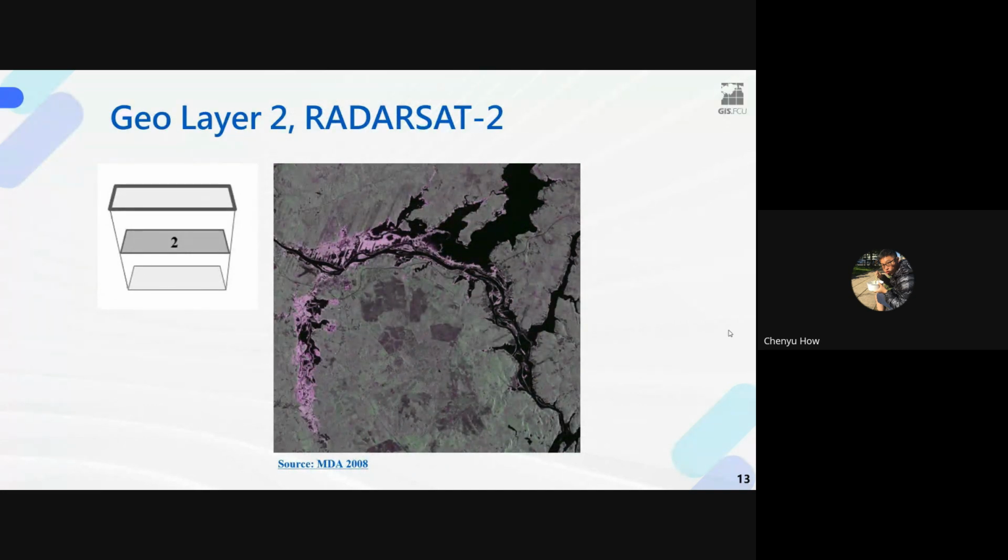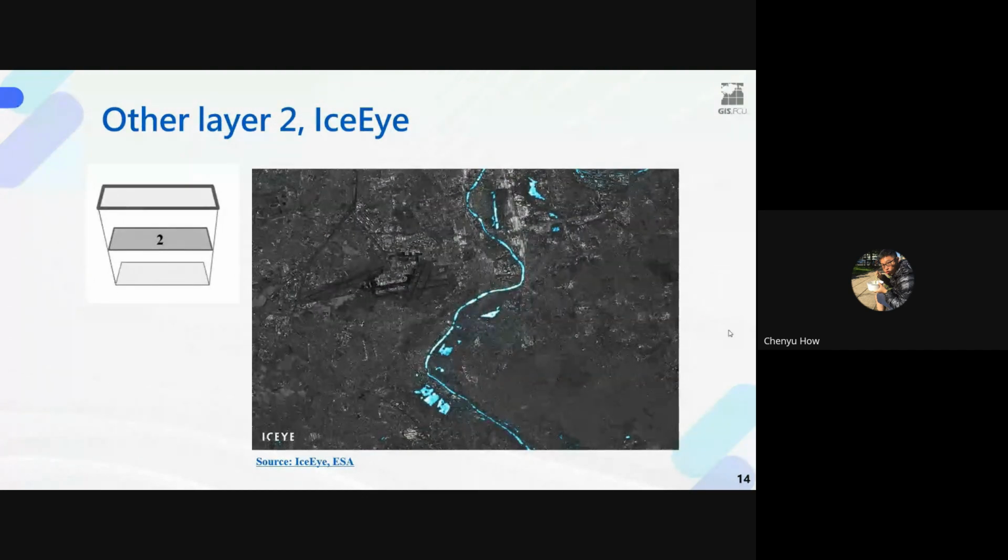And this is RADARSAT. RADARSAT-2 is from the Canadian Space Agency. It's an Earth observation satellite, and radar imagery is a technology based on active sensing. It has lower spatial resolution, but it's less affected by weather conditions such as cloud and haze compared to other passive sensing technology. And this is ICEYE, which is also a SAR image that we collect in